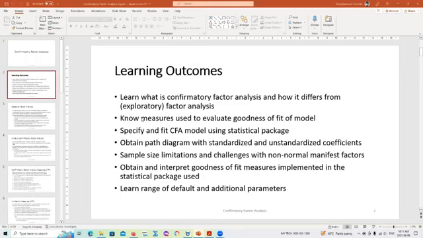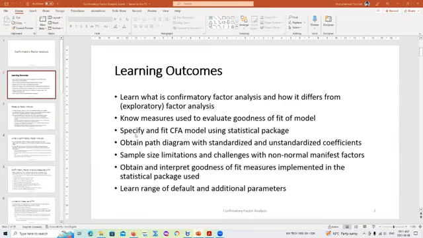So one of the things about factor analysis is this idea of the measures used to evaluate goodness of fit. The reason you need to evaluate goodness of fit is that confirmatory factor analysis is conceptually a hypothesized relationship. If I say data are normally distributed, the only way I can check whether it's true is to have a measure that tells me what should happen. The same thing applies here. When we say confirmatory factor analysis, we have a factor structure that we've assumed, and those measures are used to evaluate whether the factor structure is correct or not.